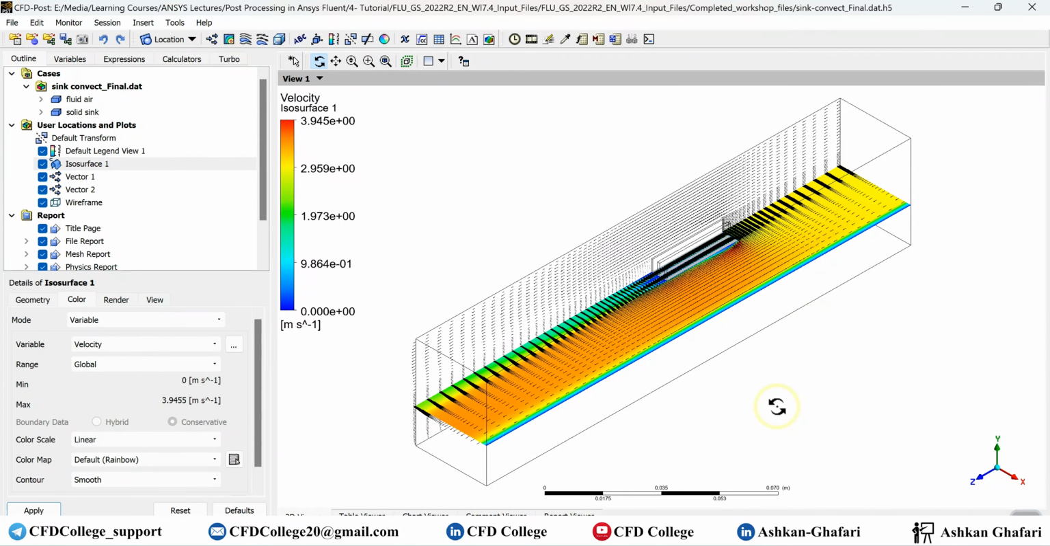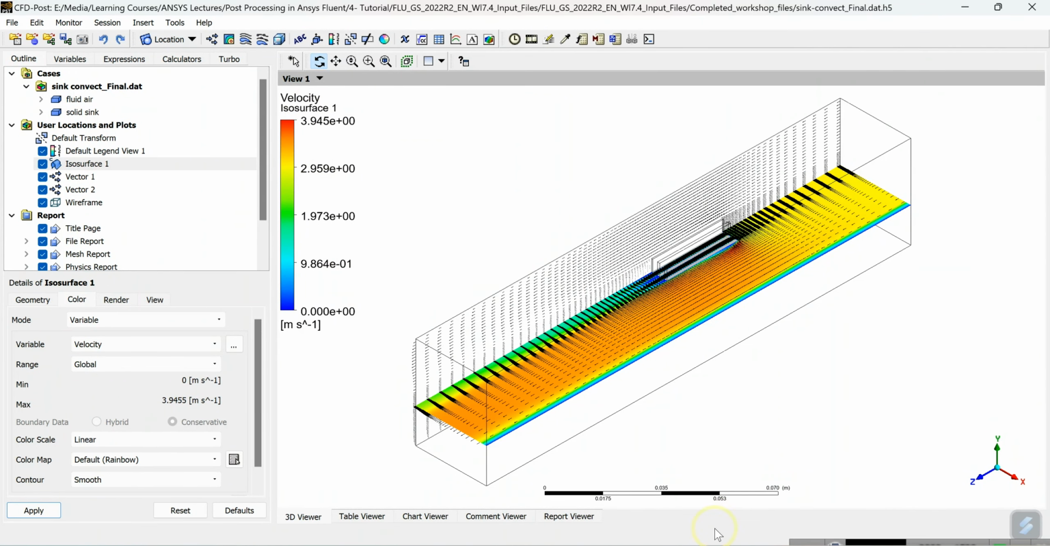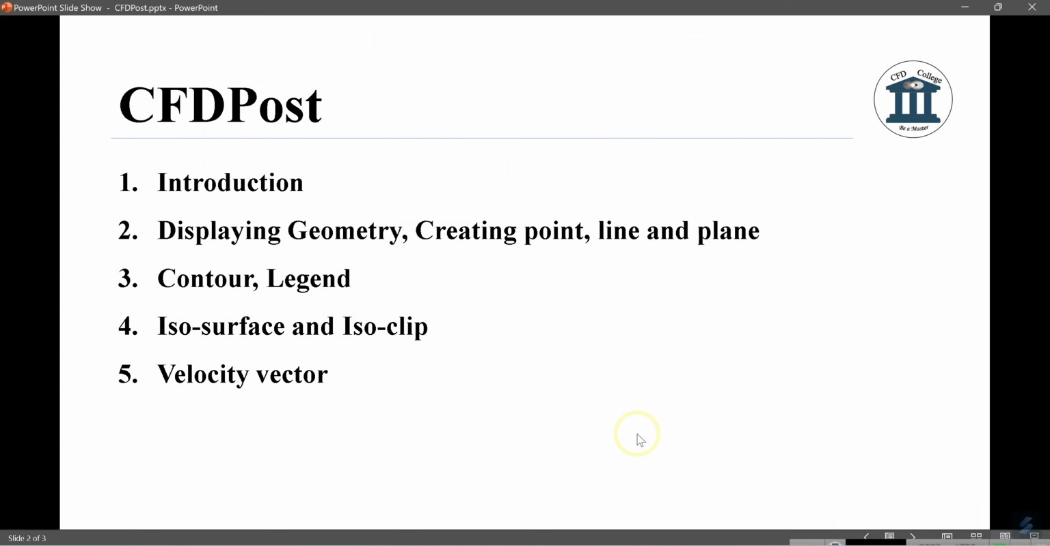This is all I wanted to show you regarding velocity vectors. You know how you can modify the legend, and you saw that in two-dimensional and three-dimensional domains how we should create velocity vectors. I hope this video is useful for you,